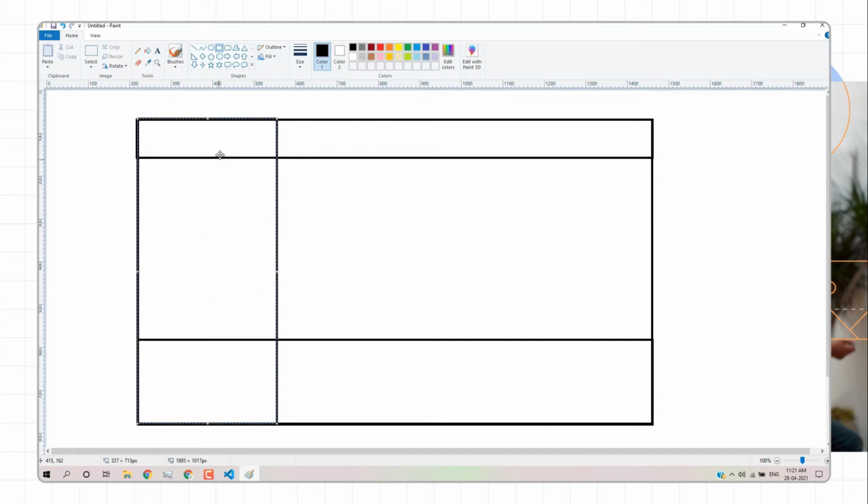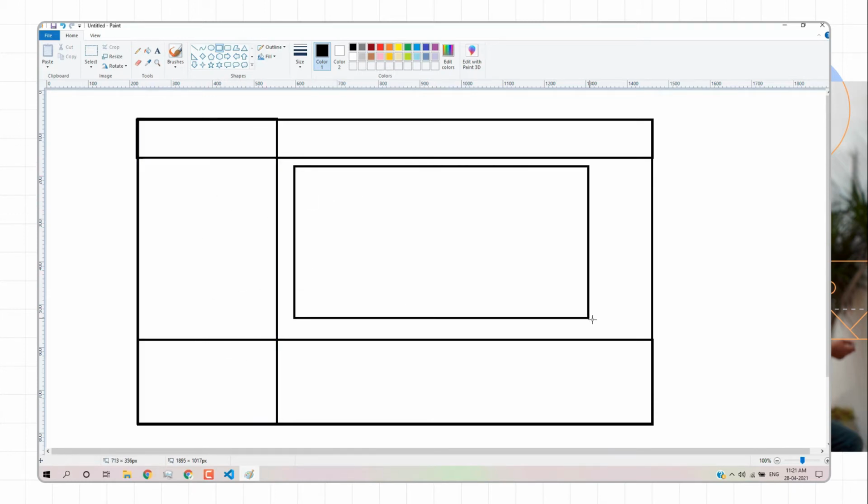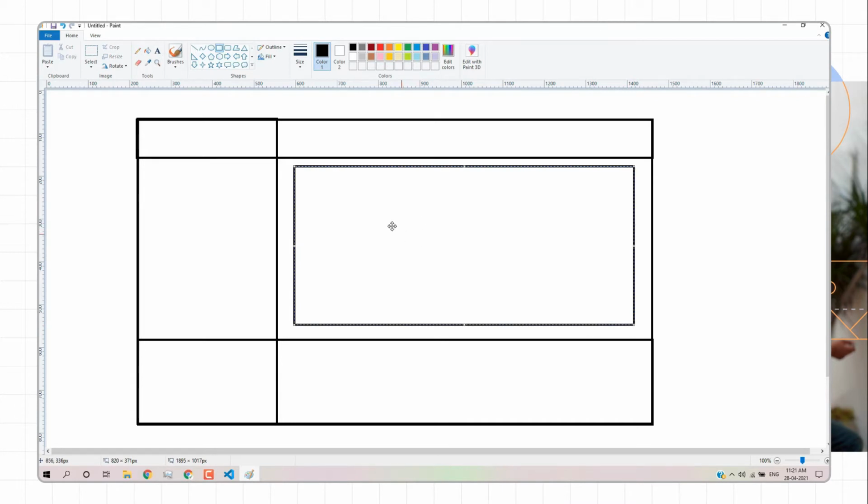So what is a component? We can break this particular JavaScript and HTML file into separate modules, and a module can be considered a component. Let's say I'm creating a component for the navigation bar. I can use this navigation bar component in multiple pages. Similarly, I can create a separate component for the drawer, for the footer, and for the view file, which is for the content. So I can do that. I'll remove this one.